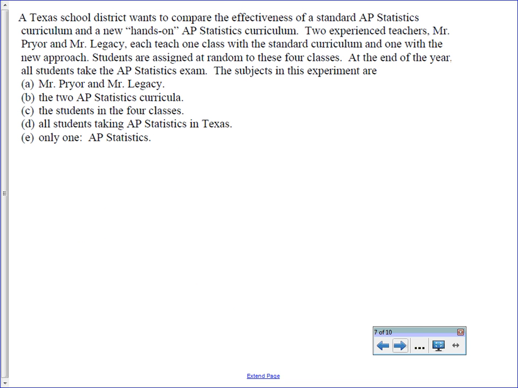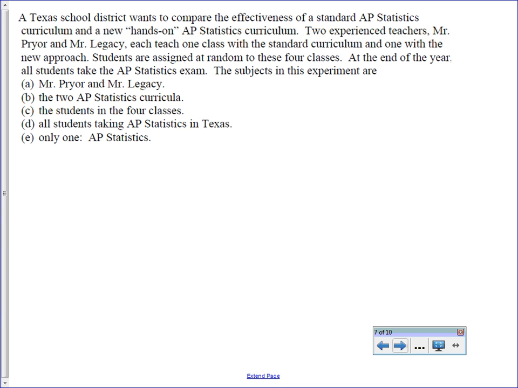A Texas school district wants to compare the effectiveness of a standard AP statistics curriculum and a new hands-on AP statistics curriculum. 2 experienced teachers, Mr. Pryor and Mr. Legacy, are each given 1 class with the standard curriculum and 1 with the new approach. Students are assigned at random to these 4 classes. At the end of the year, all students take the AP statistics exam. The subjects in the experiment are,